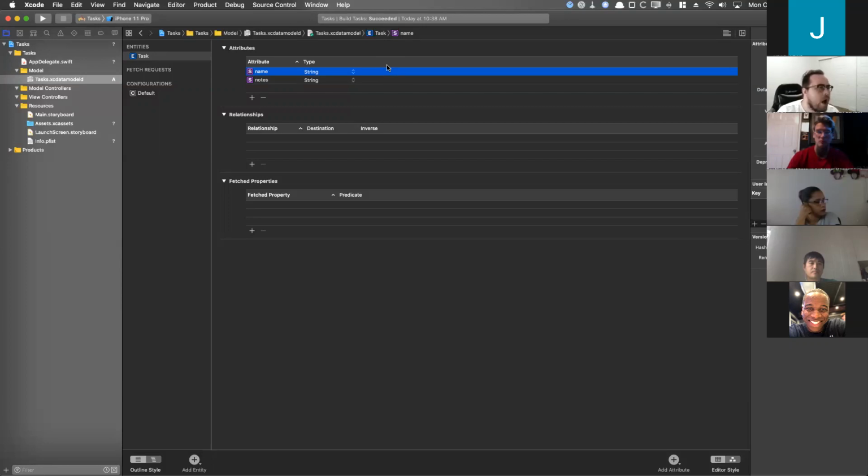So I don't want to dive into this too much because there's stuff that we don't really need to talk about right now. But you can do some cool things like set this to be optional or transient. And this derived is actually new. I need to look into what this means. I mean, it's new as of Xcode 11, so I haven't looked at it yet. But optional doesn't quite mean what you think it means. And we'll be talking about that tomorrow because that basically has to do with tomorrow's